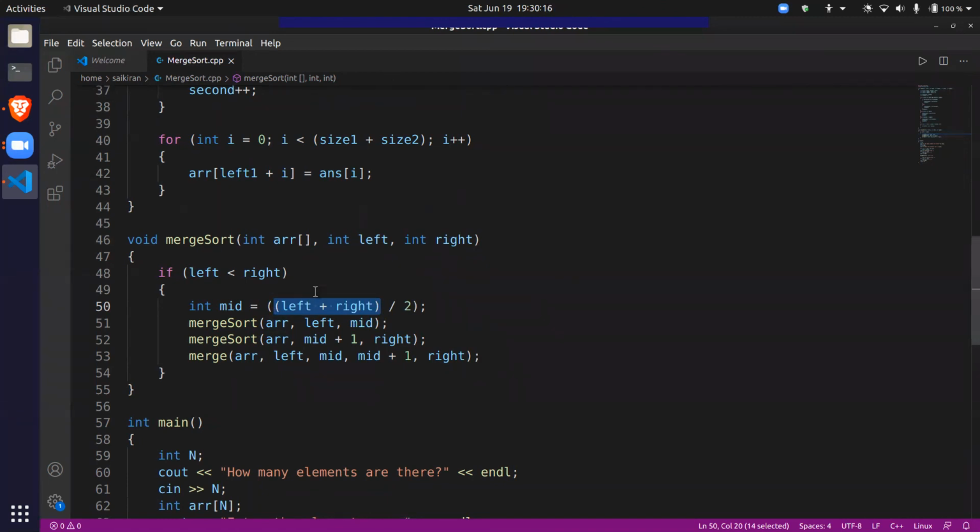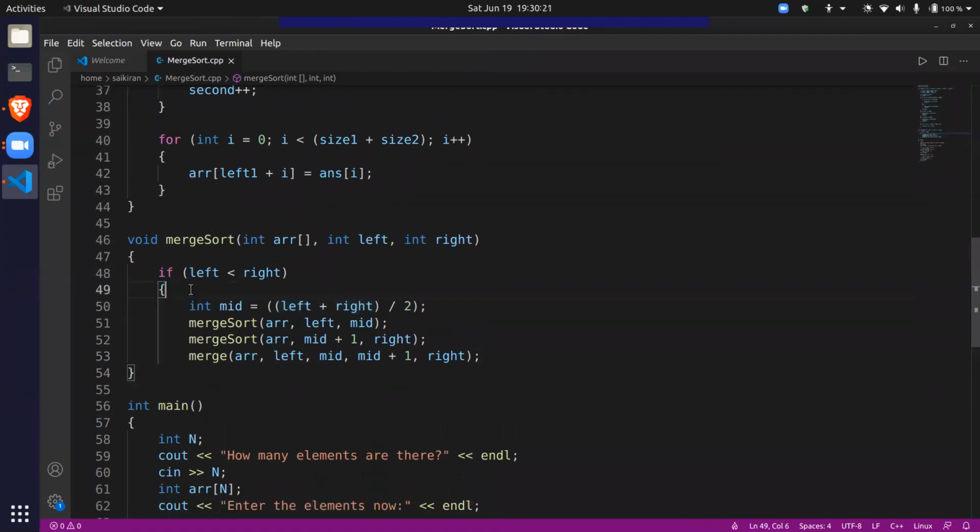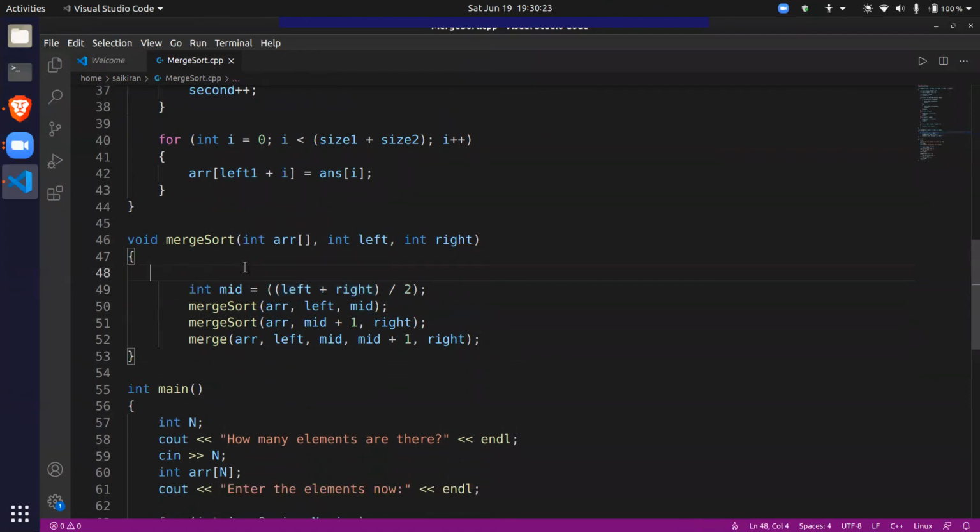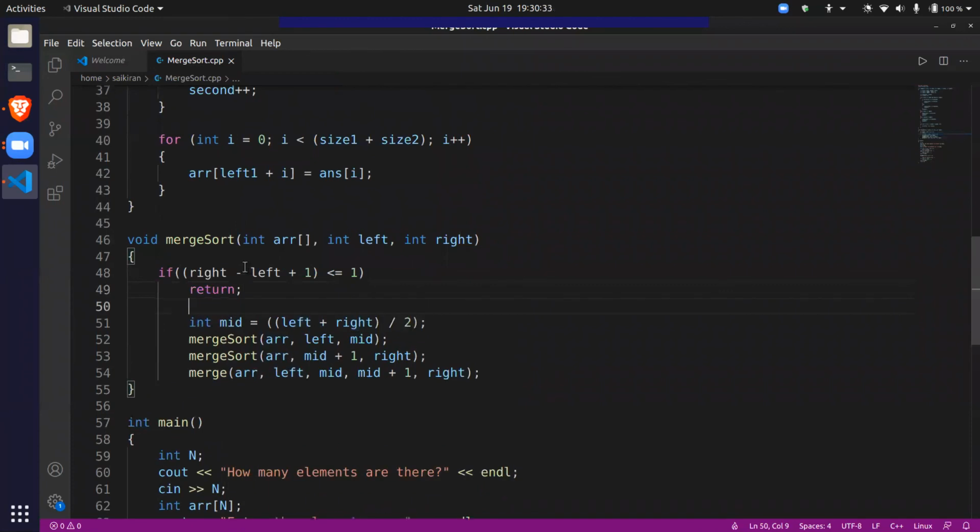What I'll do for you is I'll remove this if condition and replace it with the original one. I'll say if right minus left plus 1 is less than or equal to 1, stop. That is return. If this is not the case, it will go to the code. So this is the original condition.